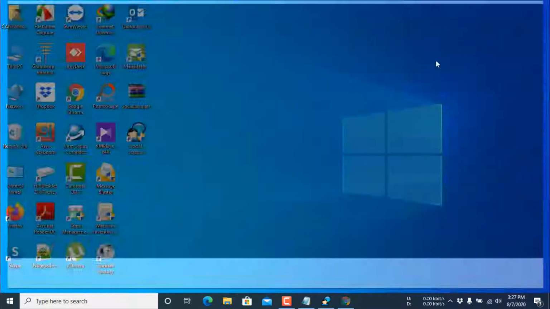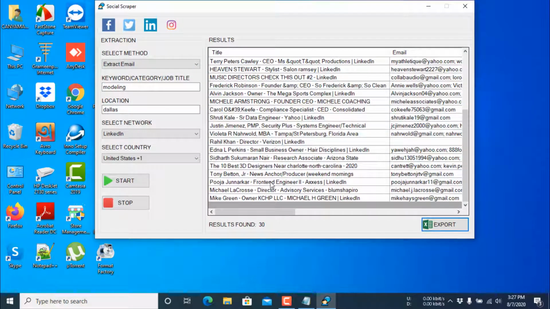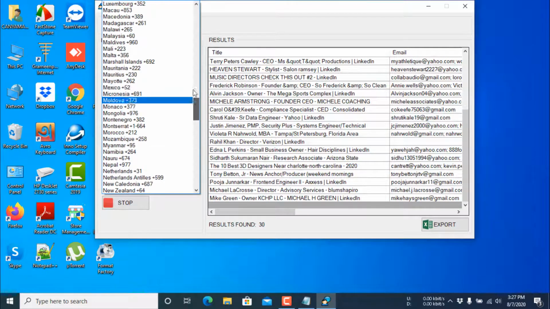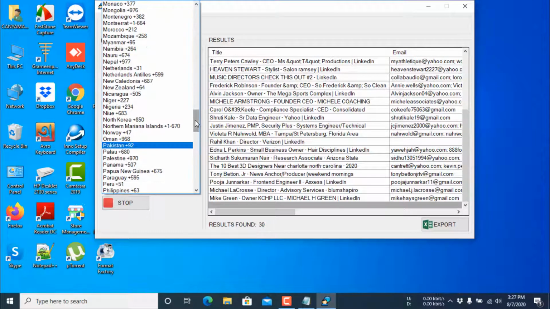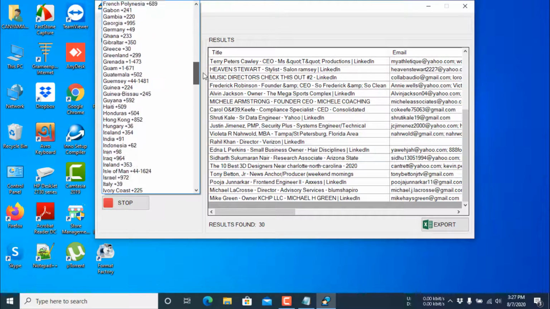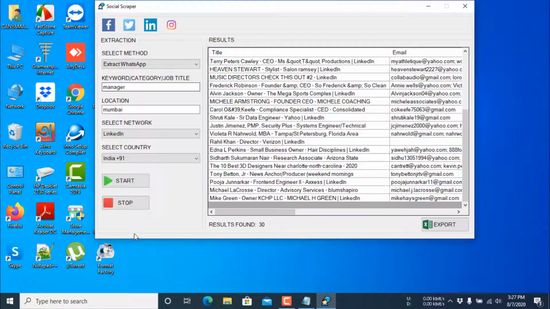Now I will show you how you can extract WhatsApp numbers. So click here, extract WhatsApp, and messaging manager, location, country should be India. Then click start.